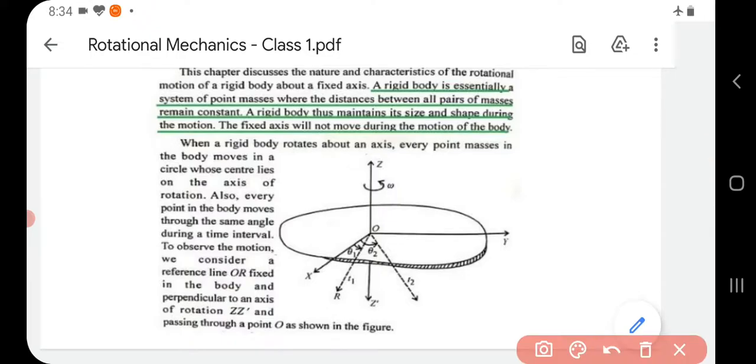So you need to study only this one. That is, first study the definition for a rigid body, then just mention what happens when a rigid body rotates about an axis. What happens? Each of the point masses that the rigid body contains will also move in a circle whose center lies on the axis of rotation. At the same time, each of these point masses will move through the same angle during a time interval. Okay, so this much you can write when you are asked to write about a rigid body. First the definition and the concept, that is what happens when a rigid body rotates about an axis. Okay, now